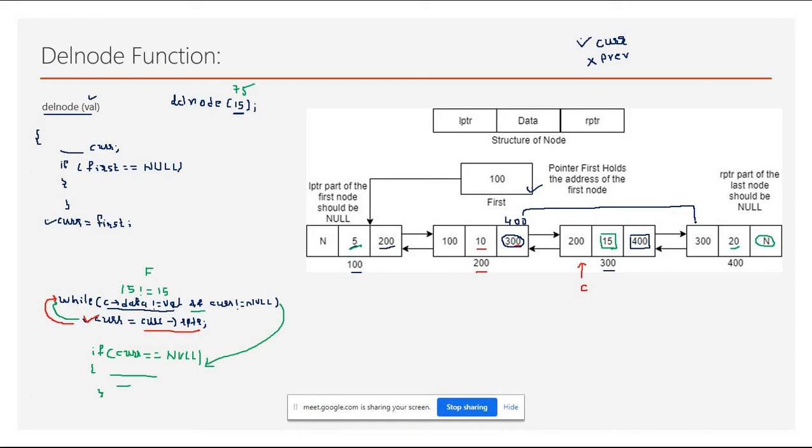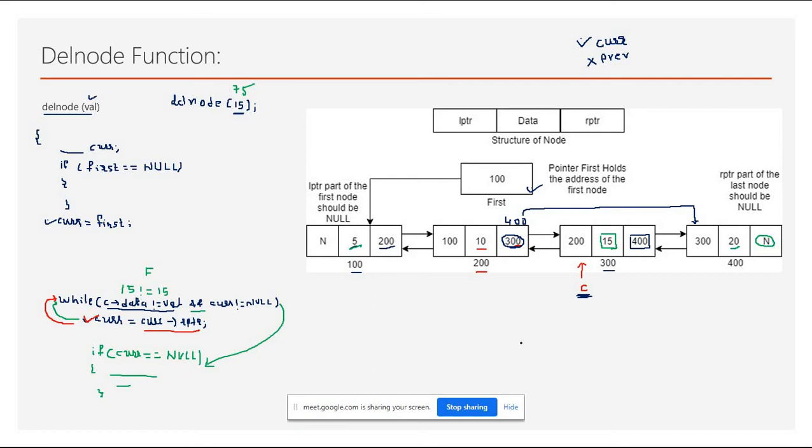After visiting 200, the user has to go to the 400, because the node on 300 is the one we are deleting. So here we have to access the RPTR part of the previous node, because your current is here and you have to modify the RPTR part of the previous node, right?